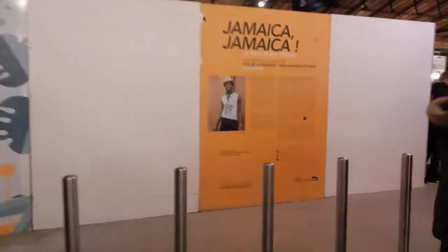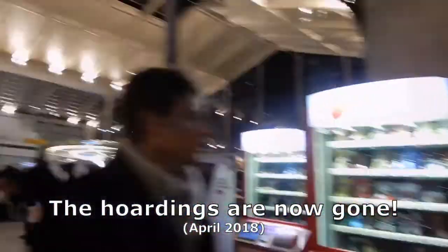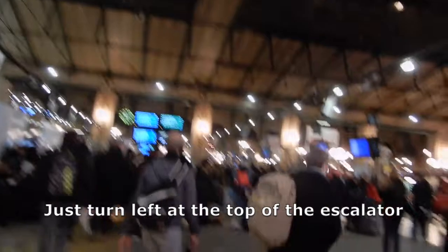And then we're going around to our right, to get the luggage in between these bollards. And the hoarding might not be there when you pass through. So I've just had to get out of everybody's way. So we've come up the escalator, turned right and then left, and we're able to see the London departures, which